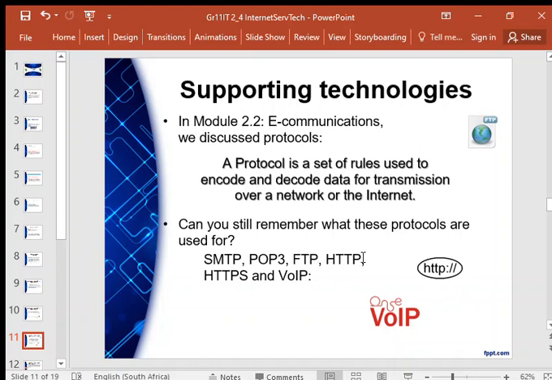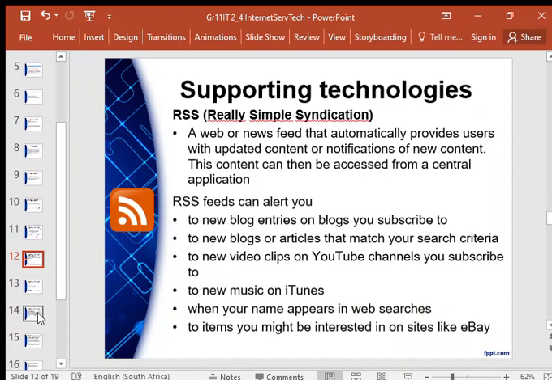Now, HTTP is a protocol that transfers text, images, videos to display a web page. The one with the S is a secure connection to a website. So it allows secure transmission of data. That means it's encrypted and the information is protected during the communication. And VoIP is transfer of video and voice. That means live transfer of audio and video and voice. Okay, we'll speak about RSS in the next